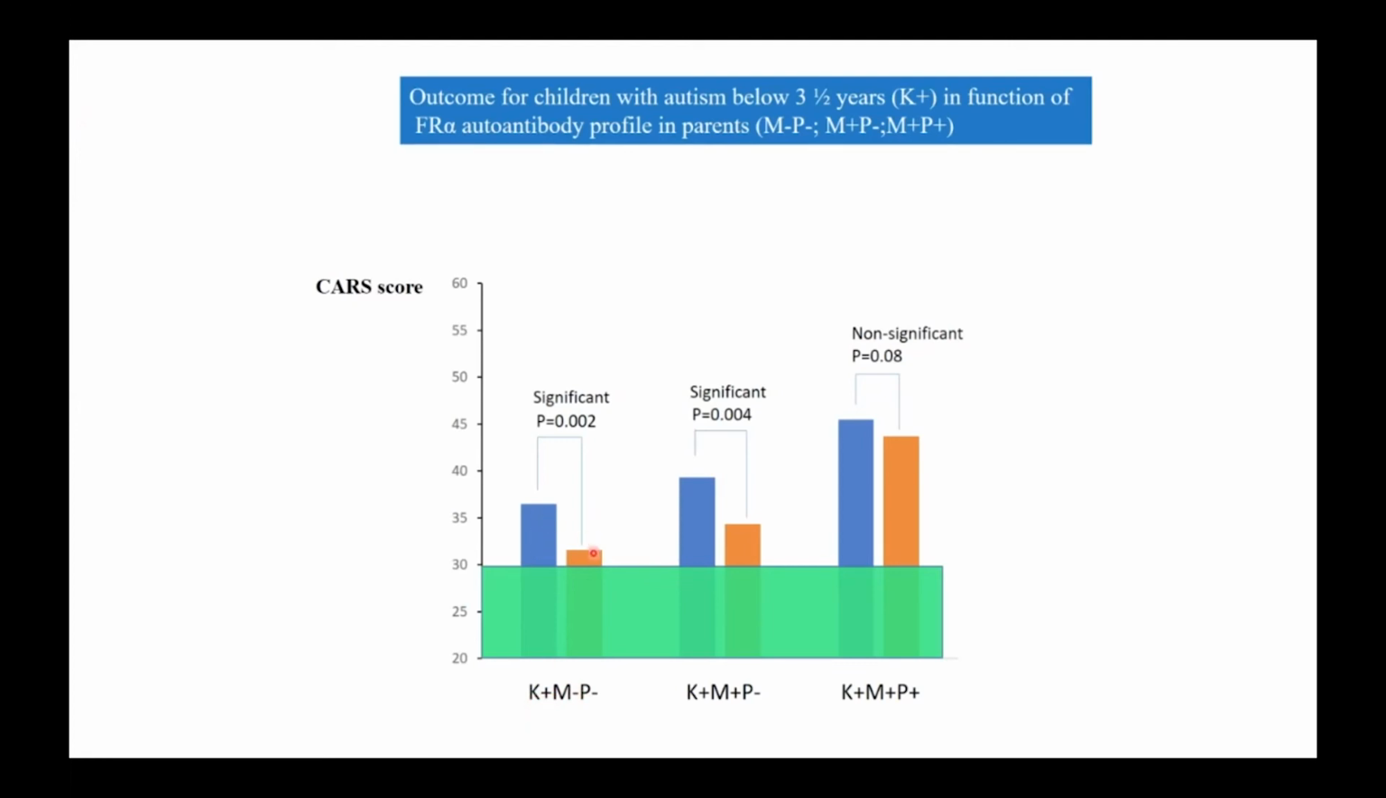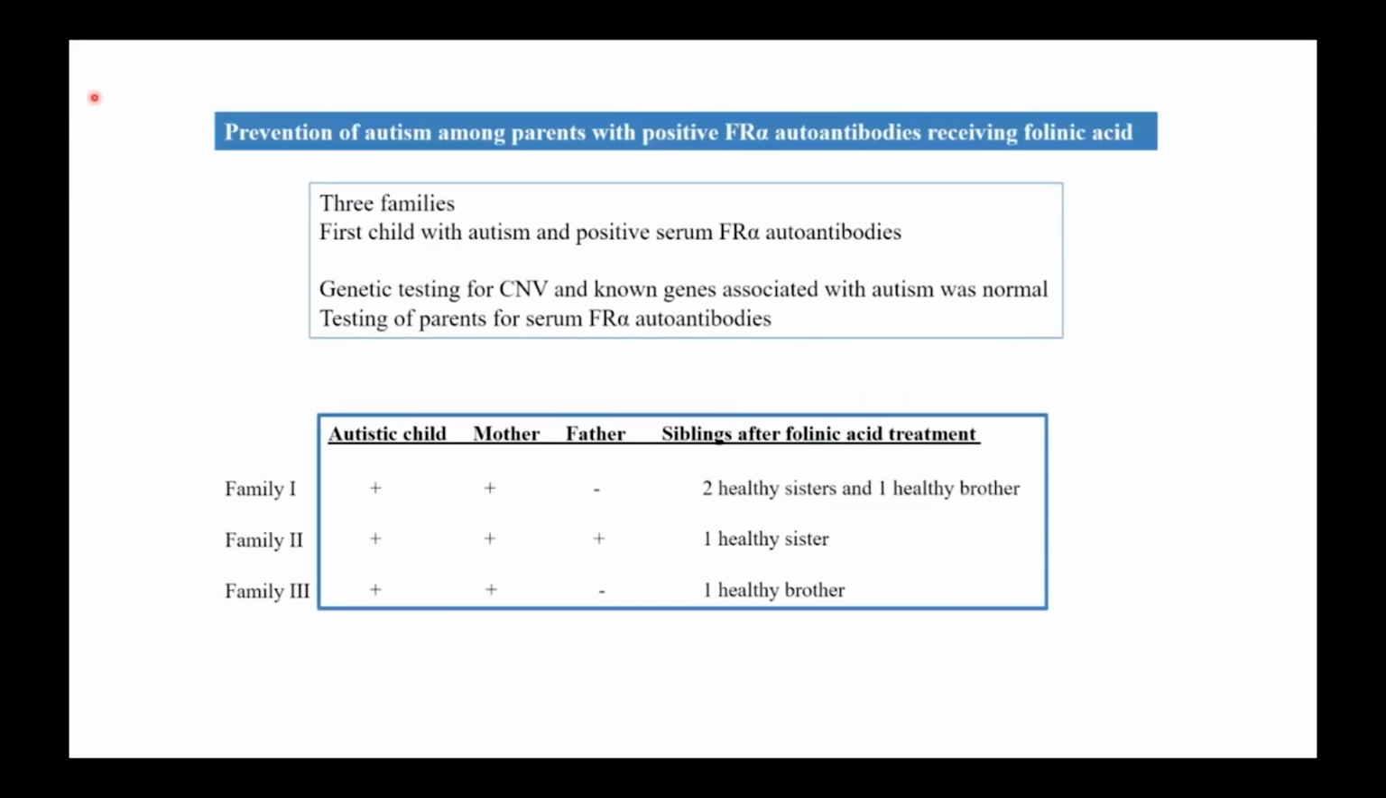When the mother tested positive, the baseline CARS was higher and the change in the CARS was less marked, and when both parents test positive, there is no significant change. So we then did a prevention trial, or started this trial, among parents who tested positive,